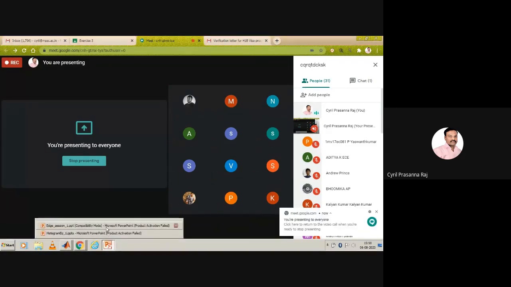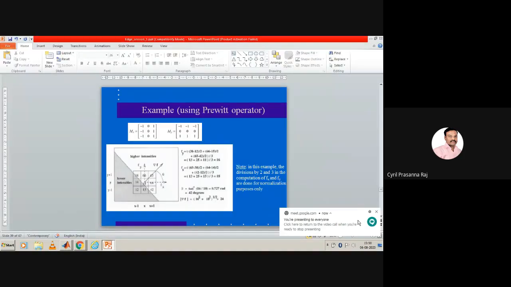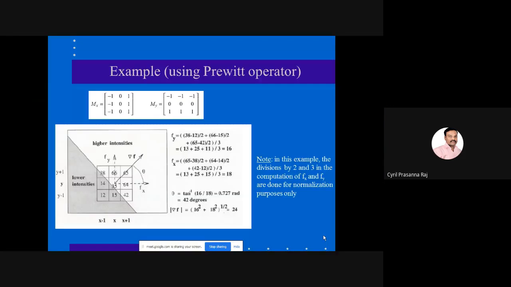Now let us go back to this and see how we can work out this process. If you have an image and you want to identify the edges available in it, the process is very simple.